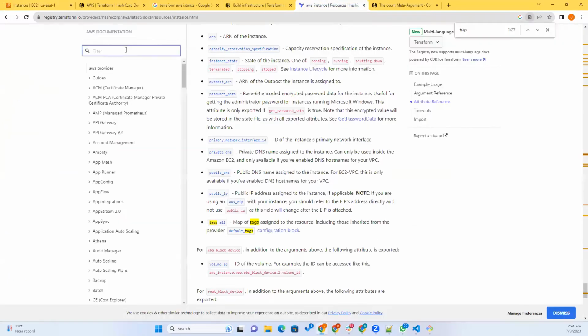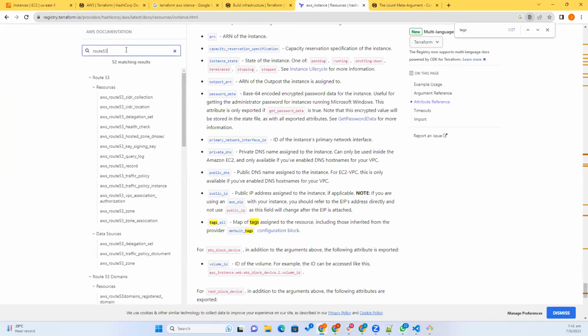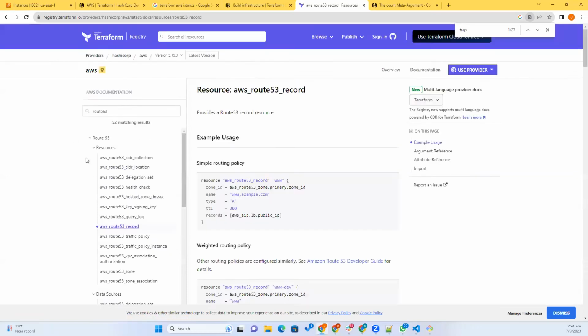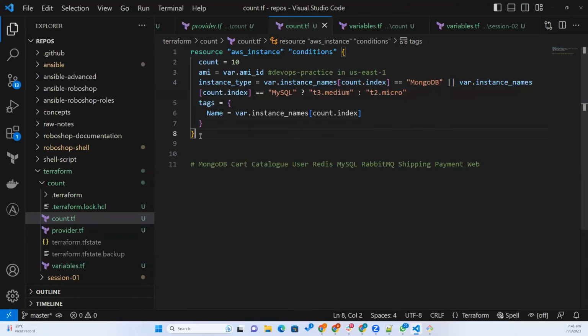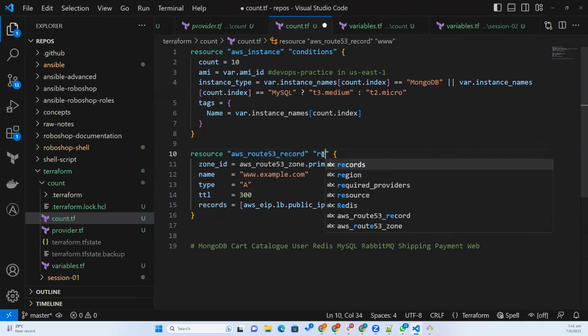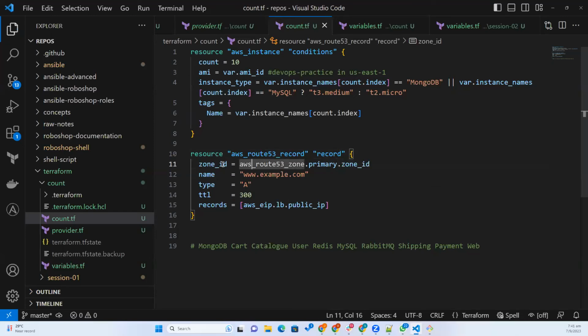So you know Route 53 also. In Route 53, there is something called Route 53 record. Yeah, so we need to create the record. So this is the Route 53 record. Okay. Resource and AWS Route 53 record, you can name it. Okay, I'm just naming it as record. Zone ID. What is the zone ID? Keep it in variable var dot zone ID. And what is the domain? Not this one. This is the record name. And TTL, I'm making it as 1. Okay, now we want to give the record either public or private here, or